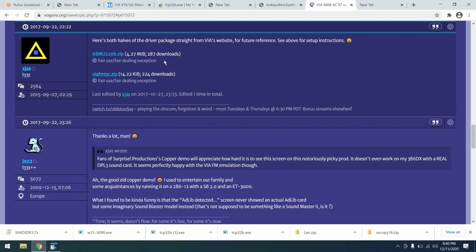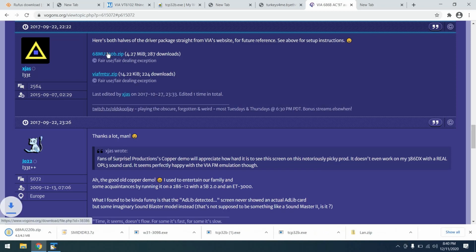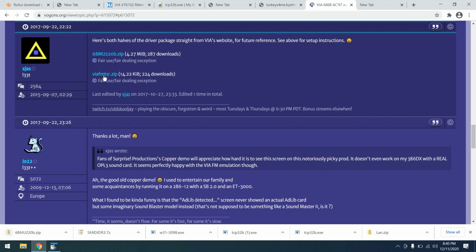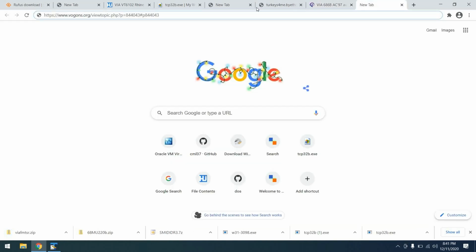And from there, we need some audio drivers, so I'll download the VIA audio drivers. That'll give me DOS driver support. And then this VM FM TSR to get FM synth support in DOS. And finally,